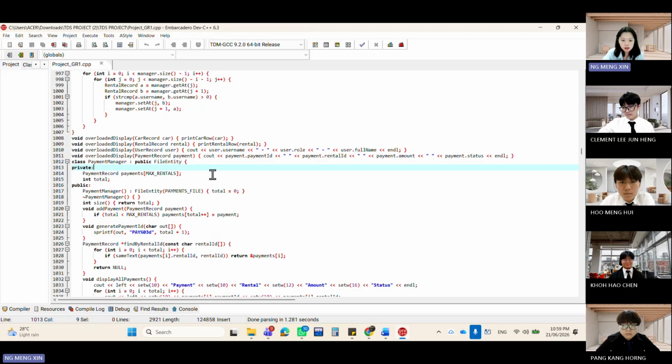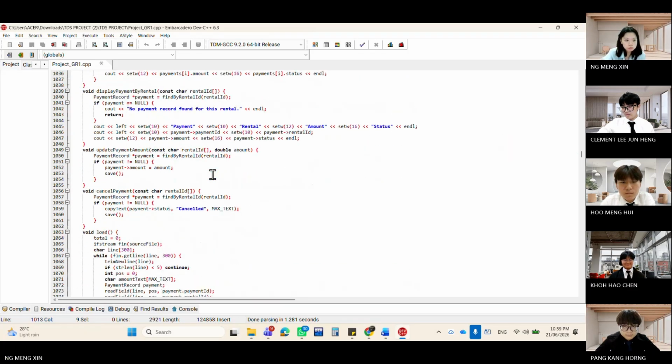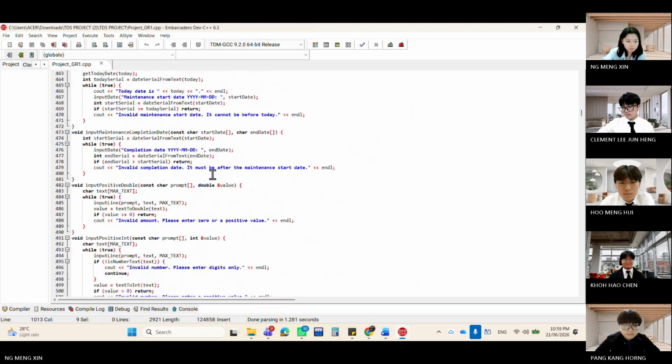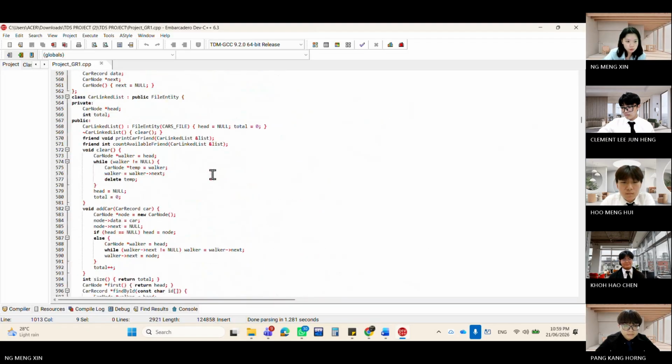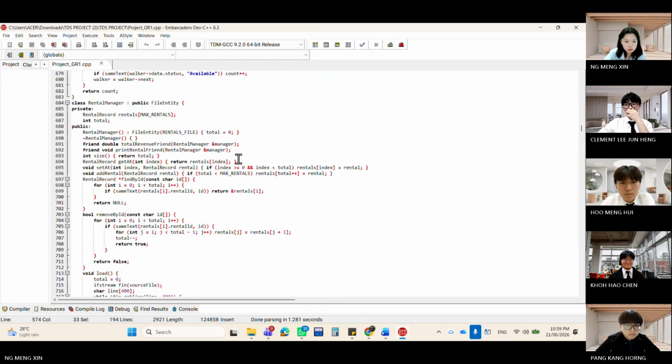The next one is friend functions. So this one, friends. And here. Friend functions allow a function to access private data inside a class.